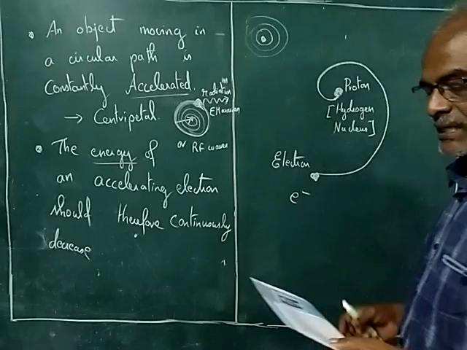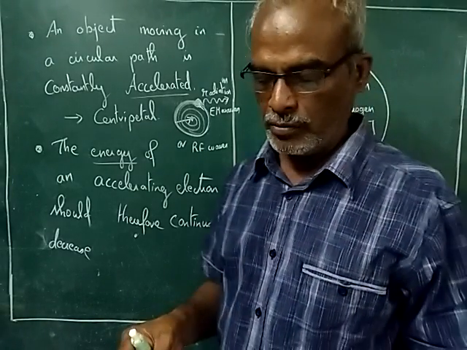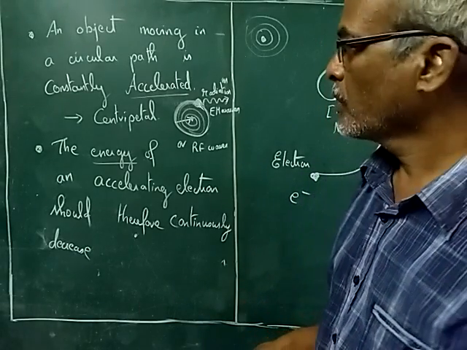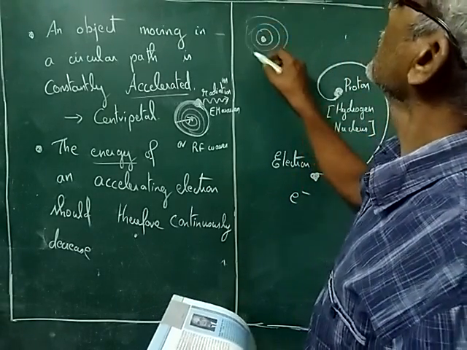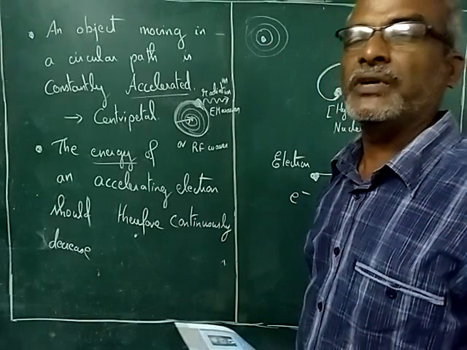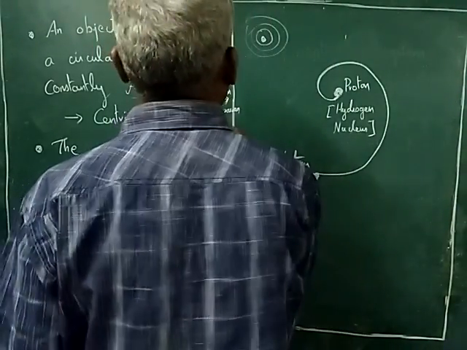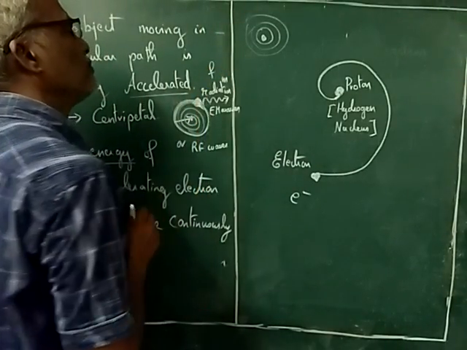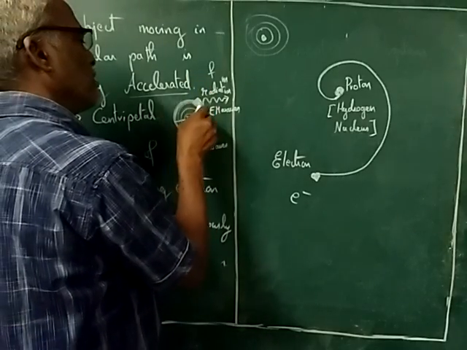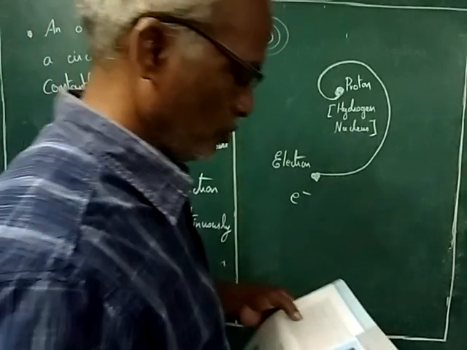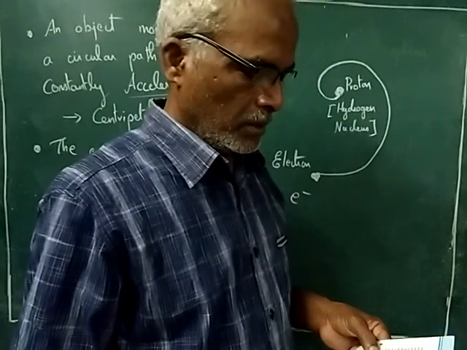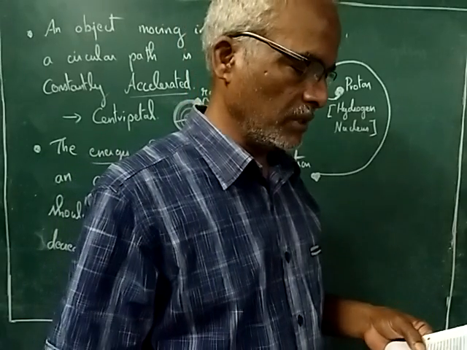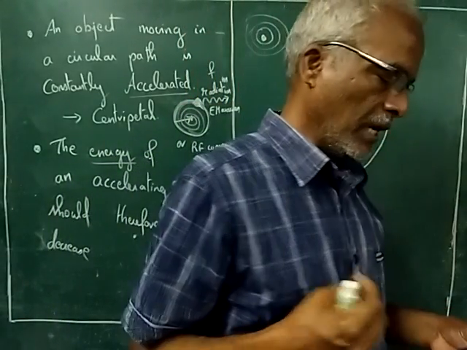Further, according to the classical electromagnetic theory, the frequency of the electromagnetic waves emitted by the revolving electrons is equal to the frequency of revolution. So, the frequency of revolution is equal to the frequency of the electromagnetic waves that is radiated. So, the electromagnetic waves have a definite frequency f, and it is this frequency and the rotational frequency along the nucleus that should be equal. As the electrons spiral inwards, their angular velocities and hence their frequencies would change continuously, and so will the frequency